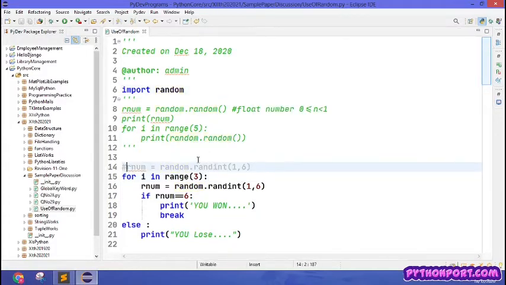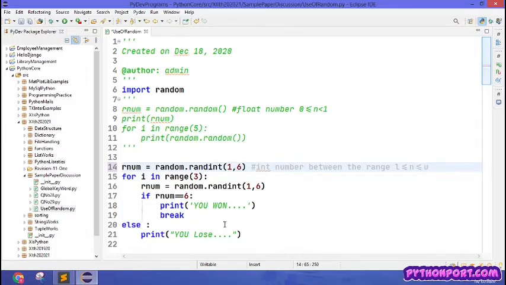So what randint is going to do is generate an int value between the range where lower is less than or equal to num and less than or equal to upper.